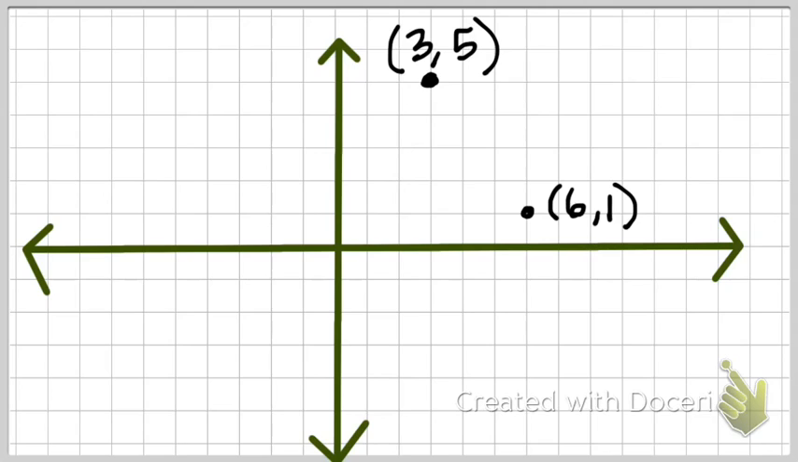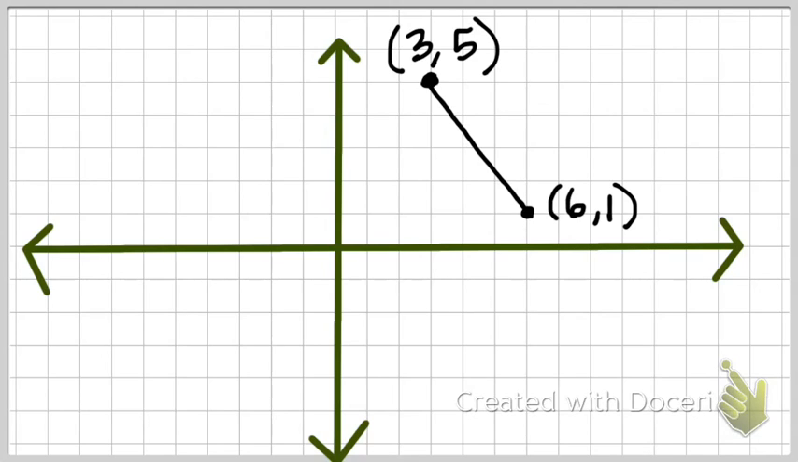Here we have 2 points, the points (3, 5) and (6, 1). We need to find the distance between them. It's not like we can make a path like that to find the distance between them. We need the straight line distance between them. And so in order to do that, we need to have